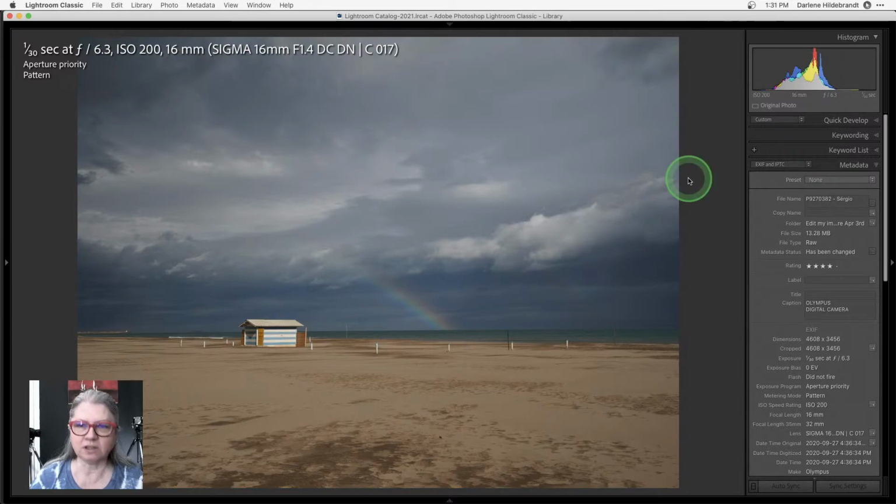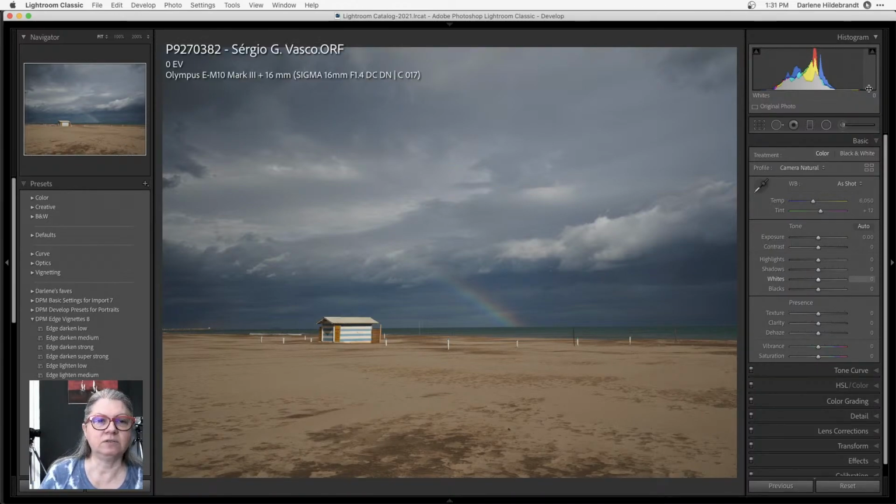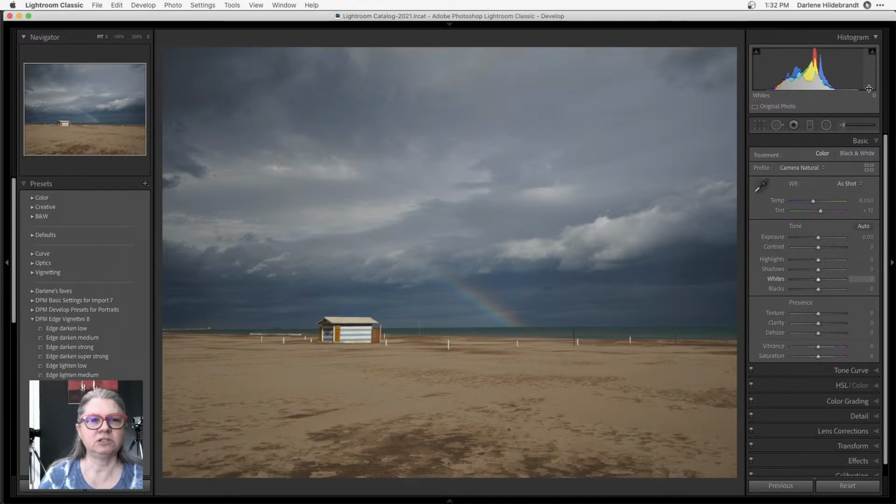So one thing that I will notice, first of all, is that the histogram is very flat. Okay, so when you look at it, it's not touching either end. That means there's no white and there's no black, okay? That's easily fixed in processing, okay? Let's take a look at the rest of his settings. Okay, so Olympus, okay, great image, great camera. So let's just continue with this.